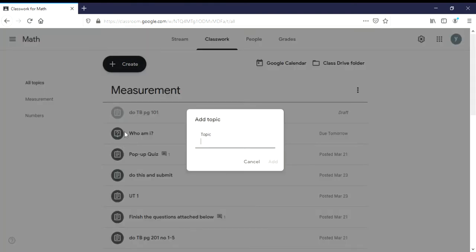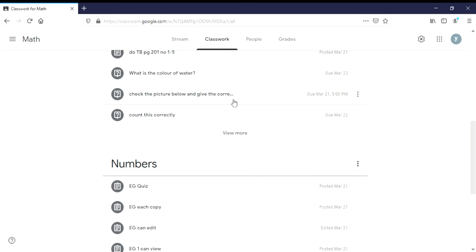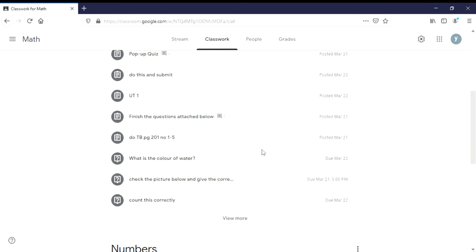You see here that I have this measurement. This is one of the topics that I will have in this class. Let's say that I want to create another topic, term for material, for example. So another topic will appear here. This is just to help your students to arrange the file or the assignment that you will give them.